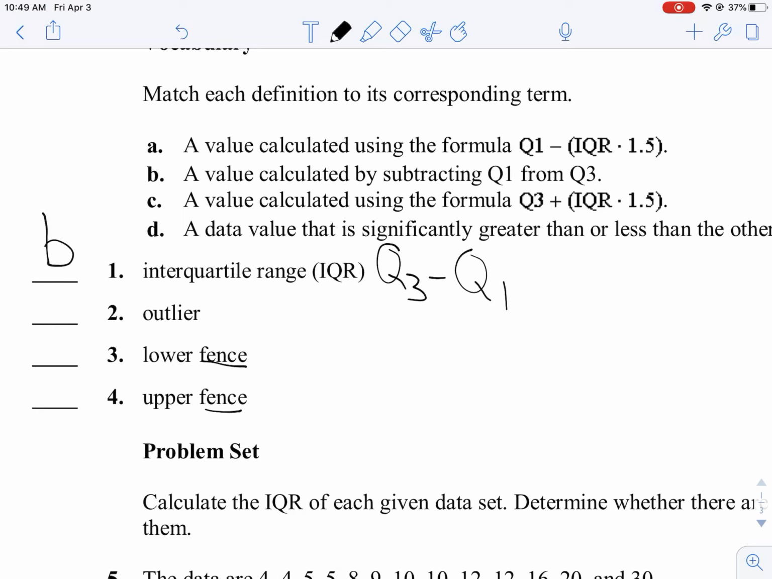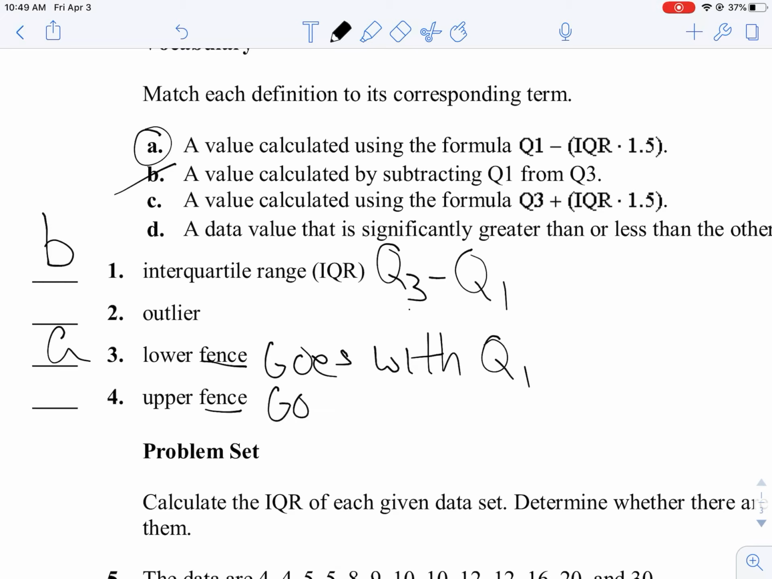Okay? So the way we do that, a lower fence goes with Q1. Obviously, which definition up here goes with a Q1? That would be letter A. Obviously, the upper fence, the numbers are greater. That goes with